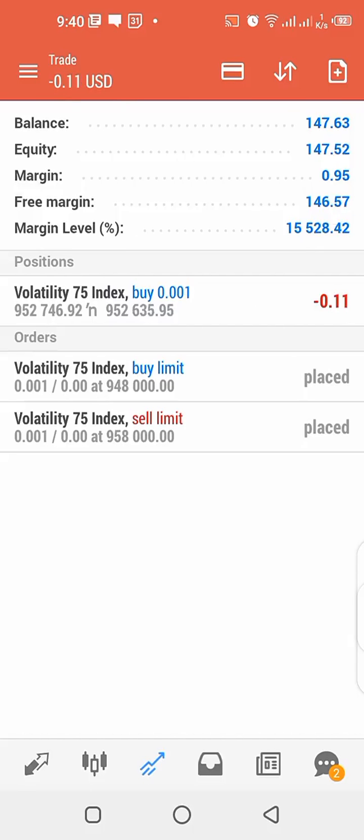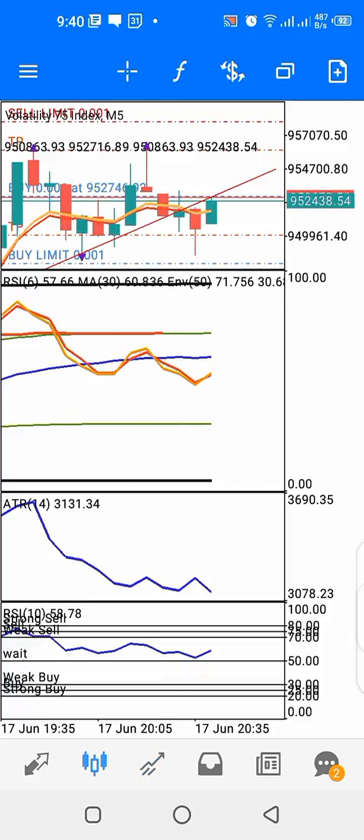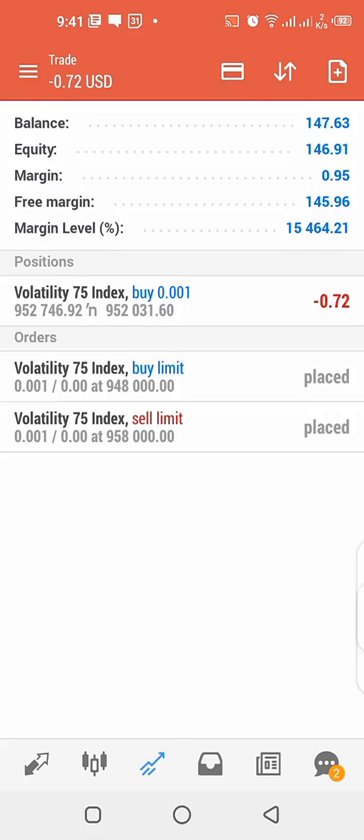So I just placed the buy trade just now. Okay, 0.001 lot size. I sense that price is going up, not going to trigger my buy limit, as you can see, due to the weak formation. The weak formation gave me a signal that price will go up, and that's what I just did. I just placed a buy trade at 952,